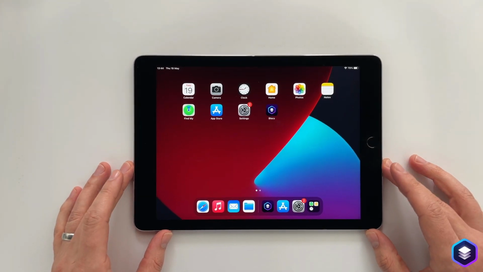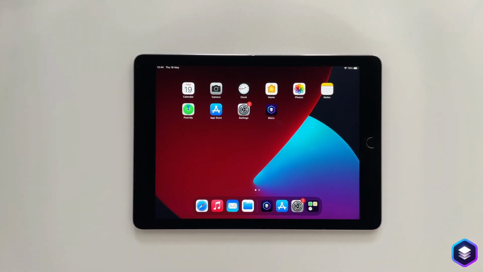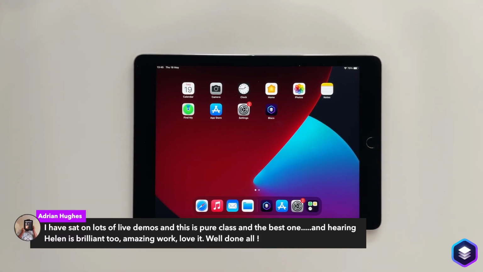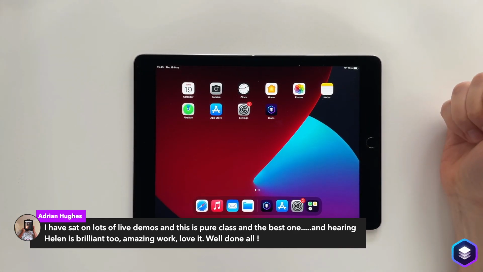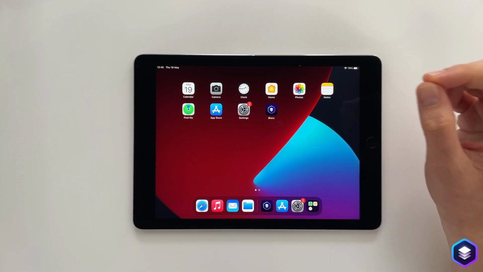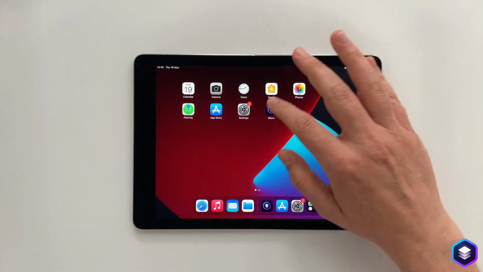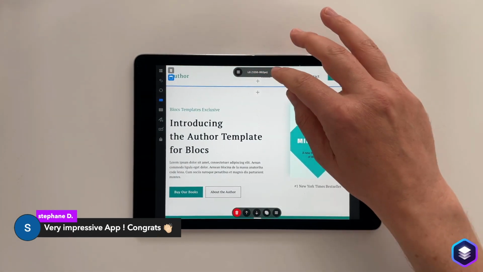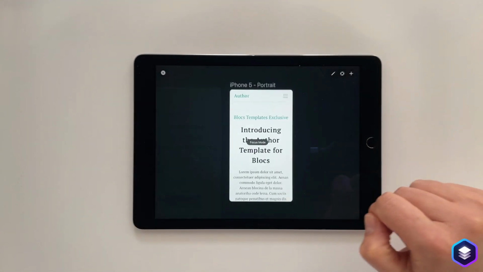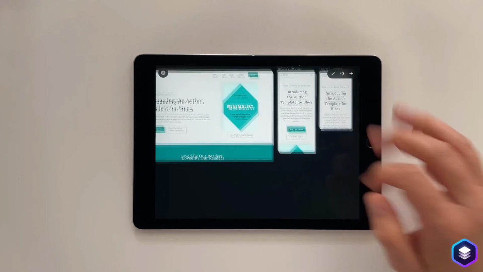And I brought it along because we've worked really hard to try and make Blocks run not only good on the top end Apple iPads, but also on the lower end models too. Now this is a lower end or mid-range model from, like I say, 8 years ago, an iPad Air 2. It's definitely old, but it still runs iOS 15, which is the minimal requirement for Blocks on an iPad. If I launch it, we can see, there we go. This is 8-year-old tech running Blocks. Everything is looking pretty slick.